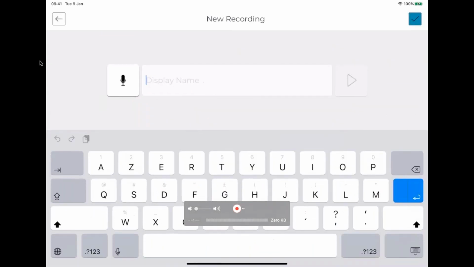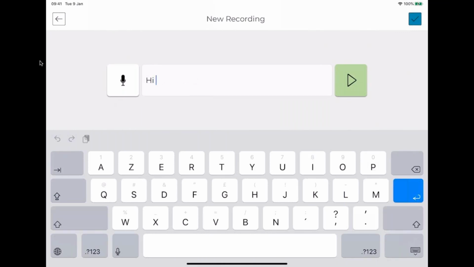If I select it, I can now record my own voice to attach it to my new phrase. So let's do it. Hi everyone. I stop it, and I'm going to name my recording. Hi everyone. I can play it to listen to it.